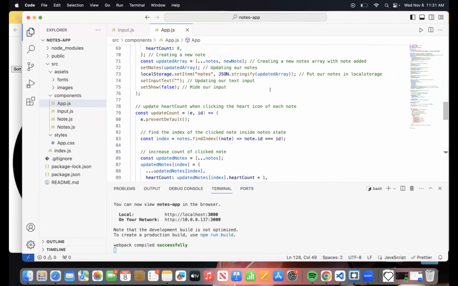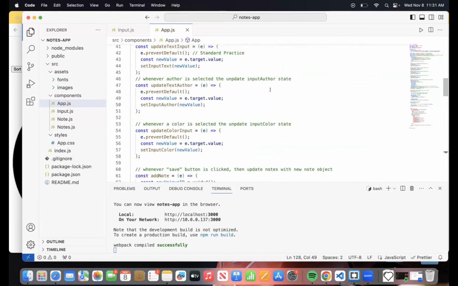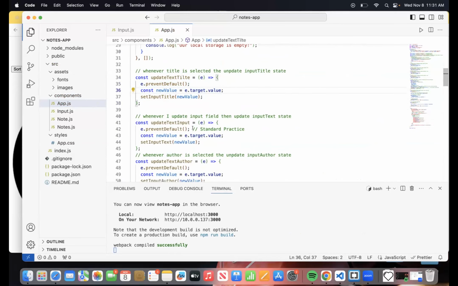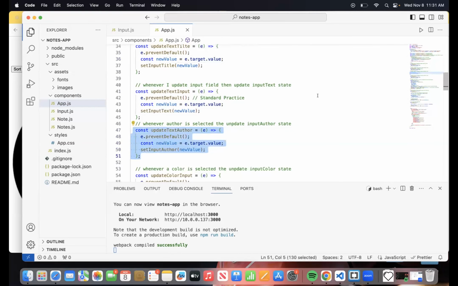So the functions that were just created should be somewhere over here. So we already had the ones for the text inputs and everything. These are kind of just getting the values from the form. So I did the same for the title over here and for author over here. It's essentially the same thing that we did for the other form.